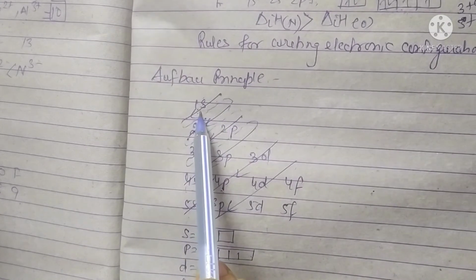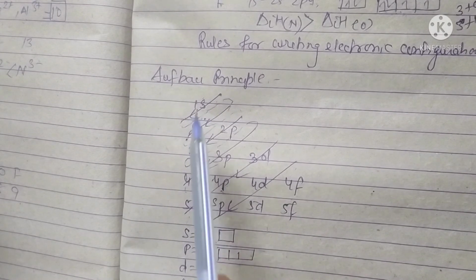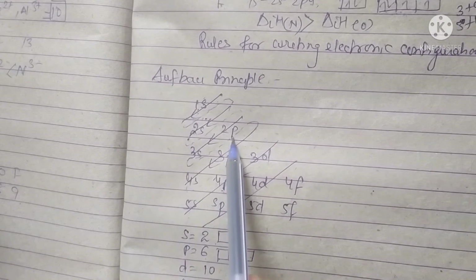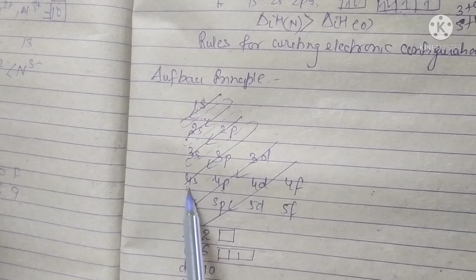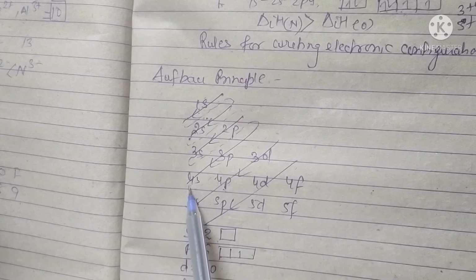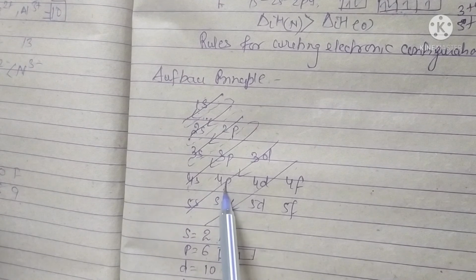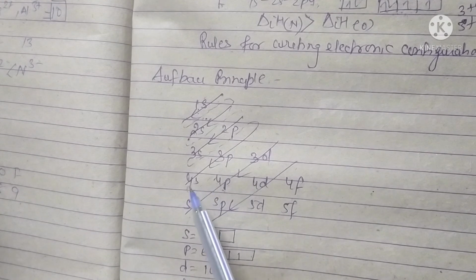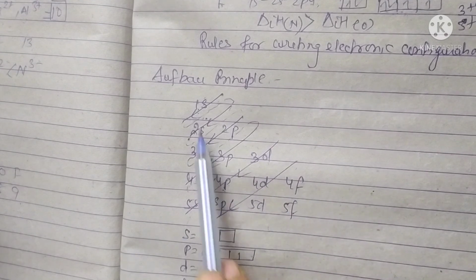We know that in case of principal quantum number n equal to 1, there will be only one s orbital. Similarly, if n has value 2, only 2s and 2p orbitals are possible. Similarly, for 3 it is 3s, 3p and 3d. For n equal to 4, it will have 4 types of orbitals: 4s, 4p, 4d and 4f. Likewise, these are the various orbitals with the principal quantum number value, and the rest are given by the azimuthal quantum number. So this is the sequence of writing the orbitals.